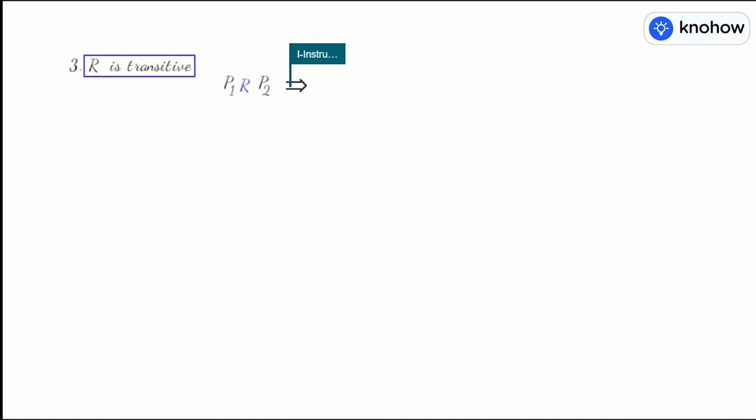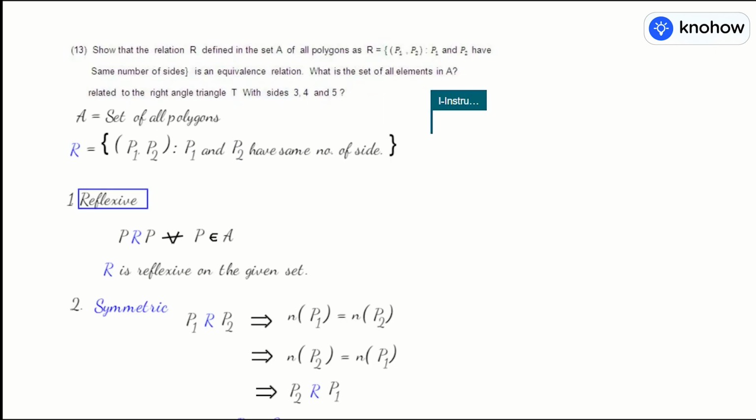That means the number of sides in P1 is the same as the number of sides in P2. And P2 is related to P3. That means the number of sides in P2 equals the number of sides in P3. Obviously, if we combine the two, the number of sides of P1 equals P2 and that of P2 equals P3, so it clearly indicates that the number of sides of P1 is the same as the number of sides of P3. Or in other words, P1 is related to P3, so we can conclude that the given relation R is